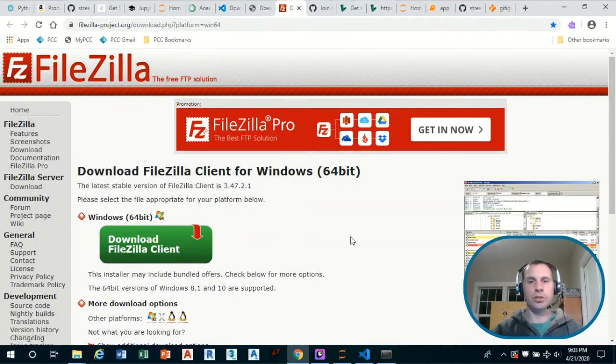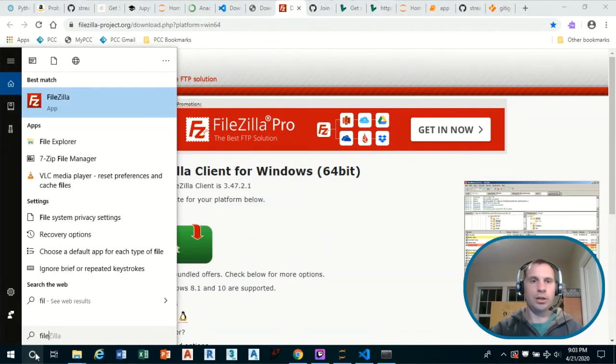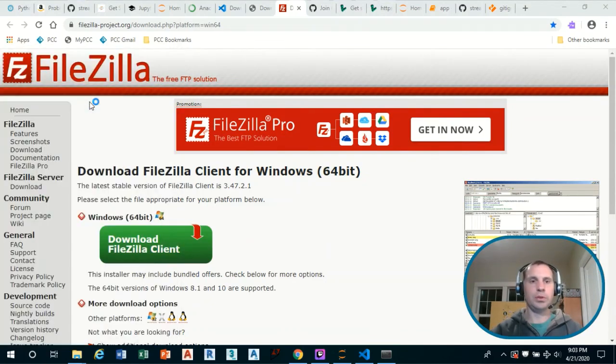This is just useful to move big files over to the server that you don't want to type in all of the lines of the file individually, manually. So on this computer, FileZilla is already installed. And I'll open it up real quick and we'll take a look at what it looks like.